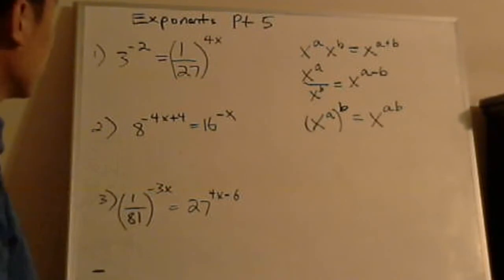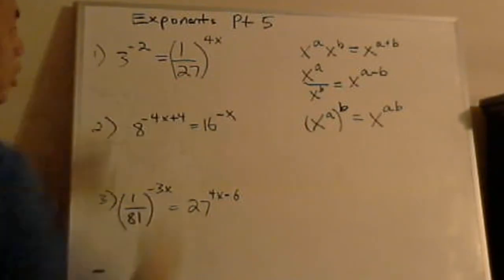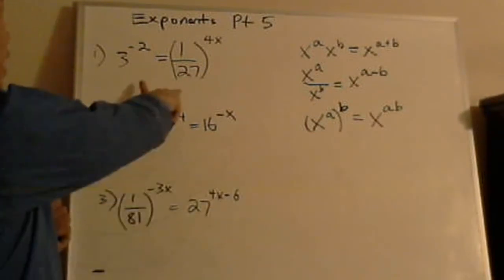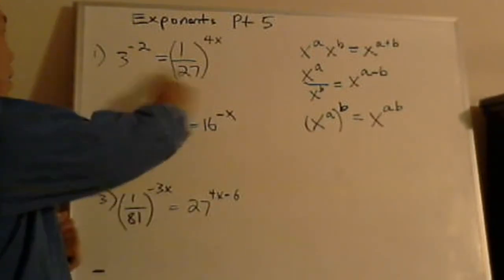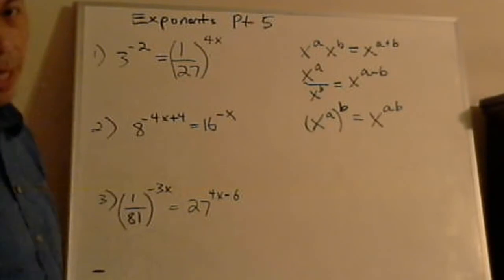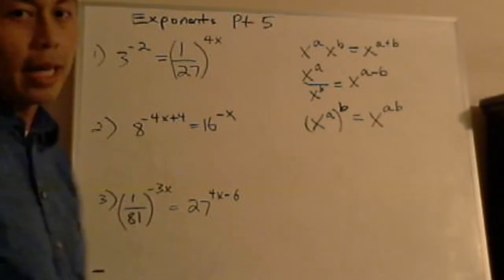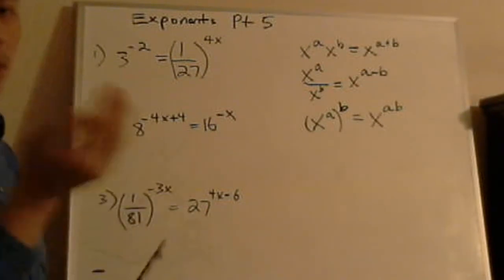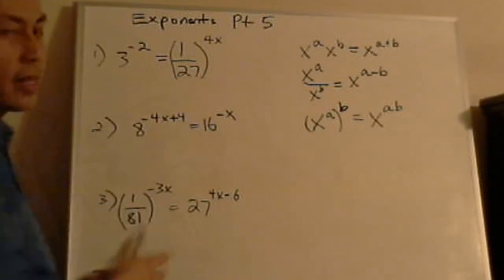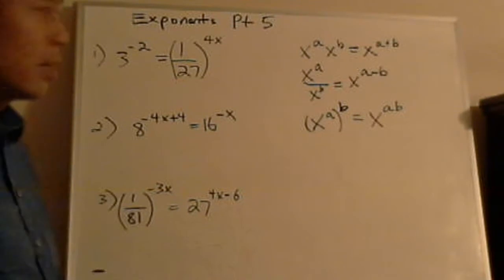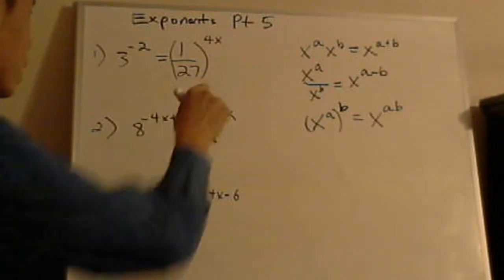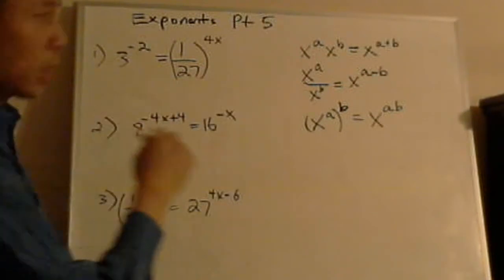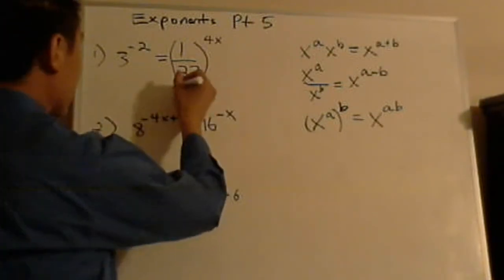First of all, they have different bases. That's the first thing you should always recognize. Right now, we're working with different bases. If they're the same, it'll be very easy. But if it's different bases, you've got to make this base the same as this. So 27, you're going to recognize right away that it is a power of 3, right? Because you've got 3, 9, 27, 81, 243. So 27 is the same thing as 3 cubed, or 3 to the negative 3, because it's 1 over 27. Because with a negative exponent, you do the reciprocal. So this is really 3 to the negative 3 power,